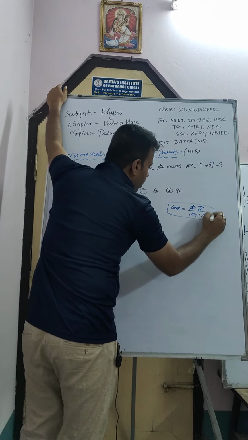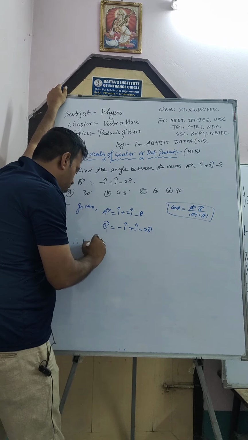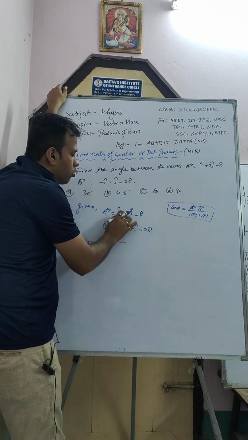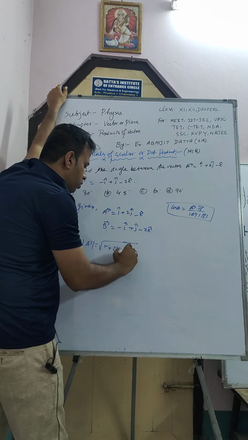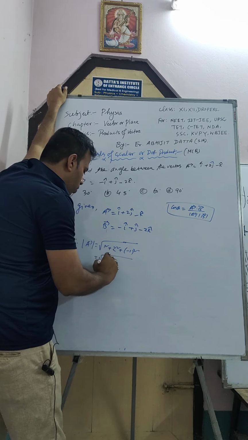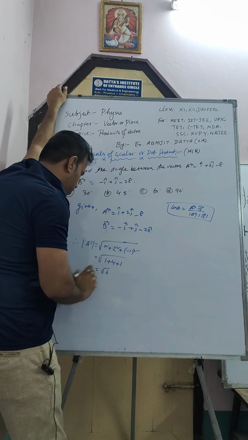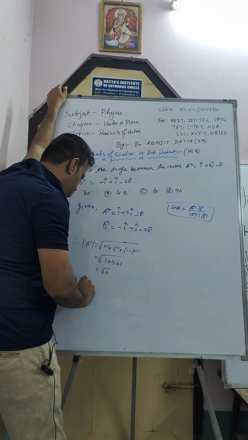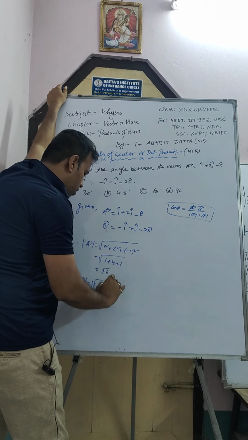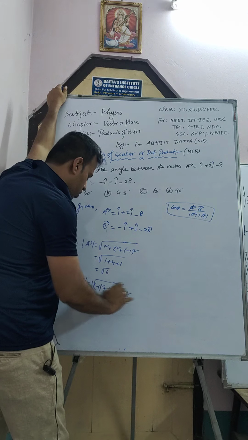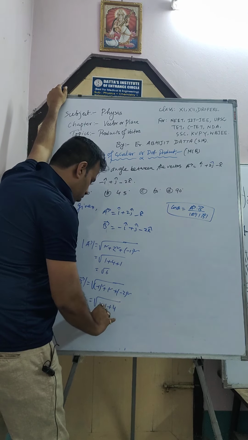So first we have to find mod of a and mod of b. Therefore mod of a, how can I find this? The coefficient of i squared, 1 squared, coefficient of j squared, that is 2 squared, and the coefficient of minus k squared. So it will be 1 plus 4 plus 1 and it becomes root 6. Now again mod b will be minus 1 squared plus 1 squared plus minus 2 squared. It will be 1 plus 1 plus 4. It will be root 6.